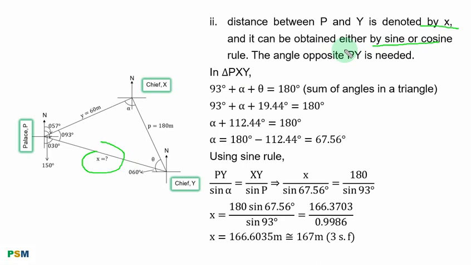In order for us to use sine rule, this angle is needed. In fact, for both rules, this angle is needed. In the triangle, two of the angles are already known. If you add the three angles, the sum is equal to 180 degrees. You have it in this form, and you have this result. The third angle, alpha, is equal to this, and you have